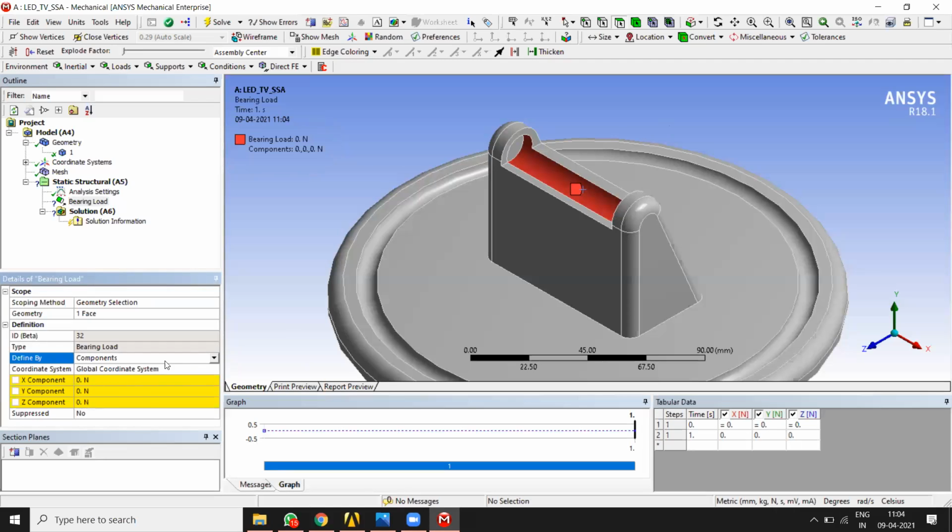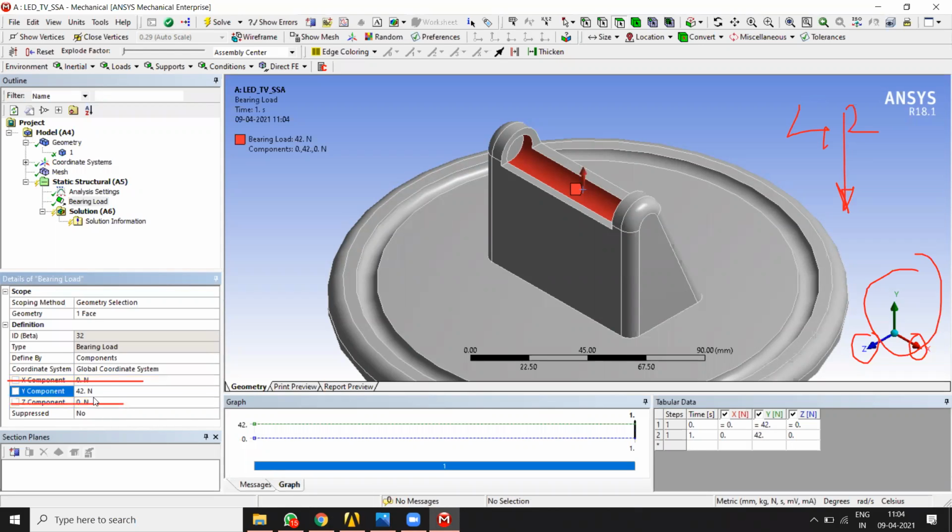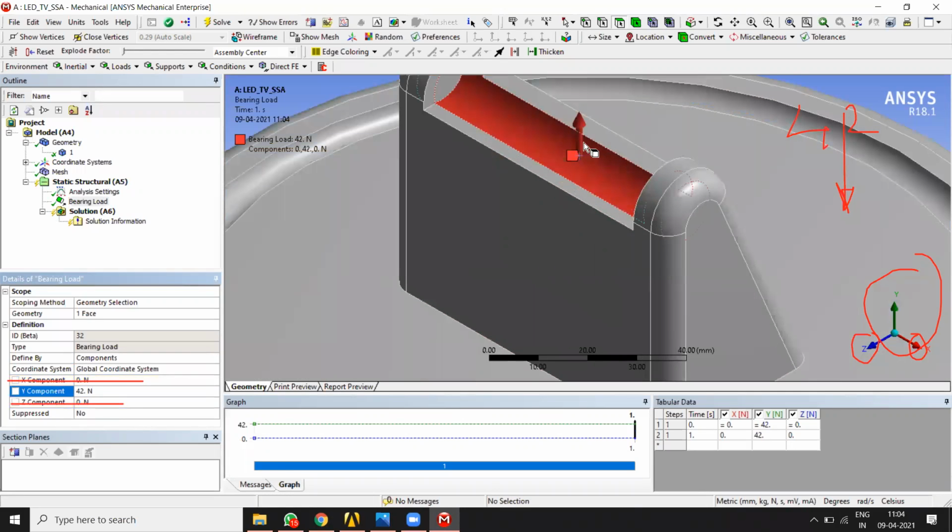Components. Now if you look at the geometry, x direction and z direction doesn't have any kind of load or force. So 0 x direction में and 0 in the z component. We have only force acting in y direction but going downward with the magnitude of 42 Newton. Okay, so we know the magnitude, that is 42 Newton. So in y component add